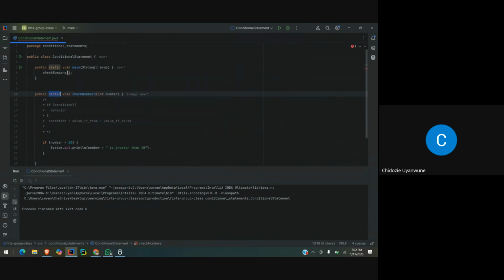Okay, so if we remove this static, we will now need to get access to this method using an object of the class, but that's not the behavior we want. So if we give it 10,